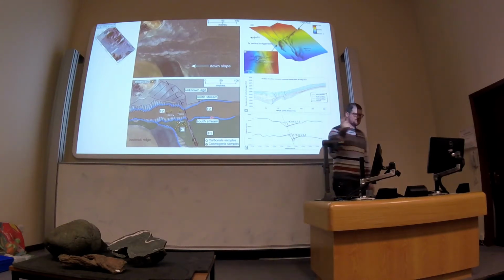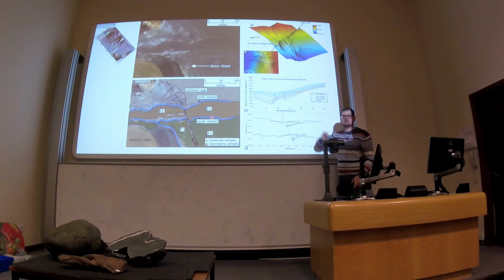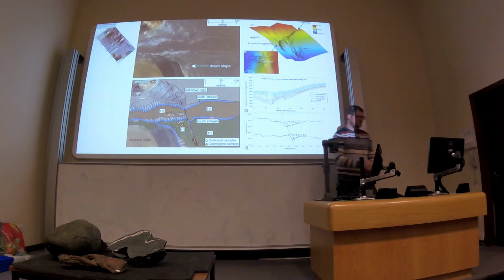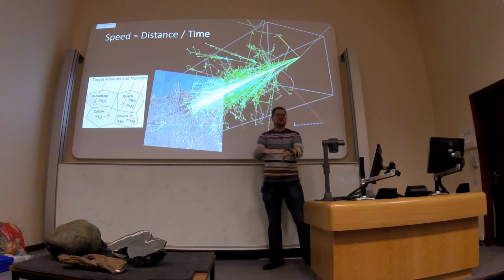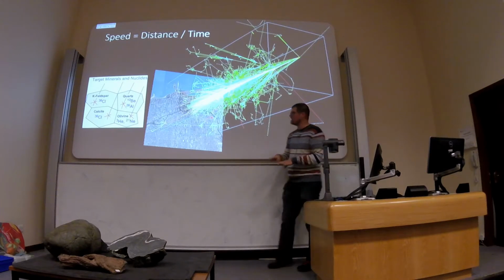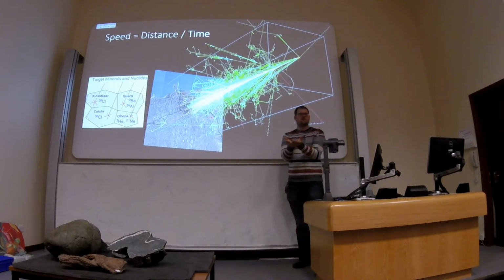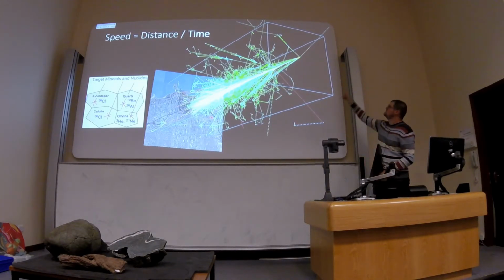So what we did is we used a GPS survey, so we measured the topography of the land, we mapped out where the streams were, we measured the distance that stream was offset. Okay, that tells us how much deformation has happened. But if we want to know the rate, okay, we need to know the time it's taken for that deformation to happen. And the way we've done it is we're using a technique called cosmogenic exposure dating. So basically, we want to know how long that surface that's been deformed has been exposed to the atmosphere. So the way we do that is using cosmic rays.